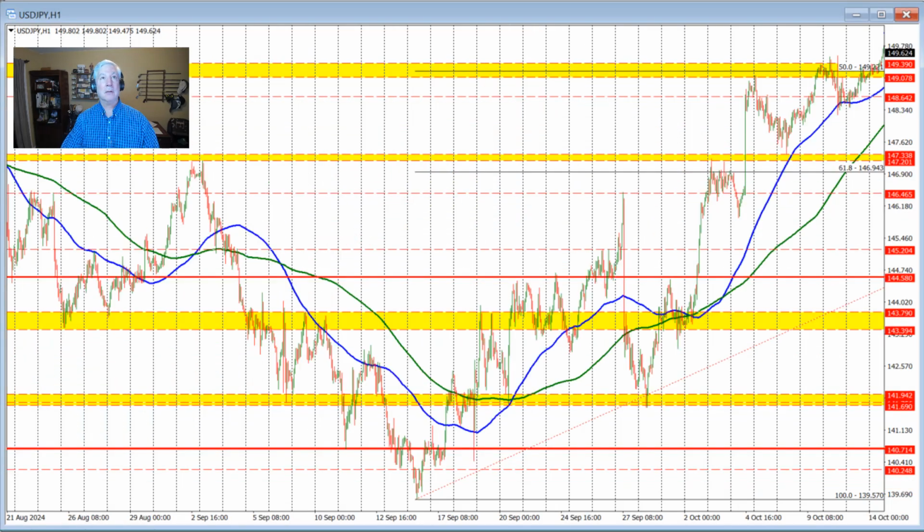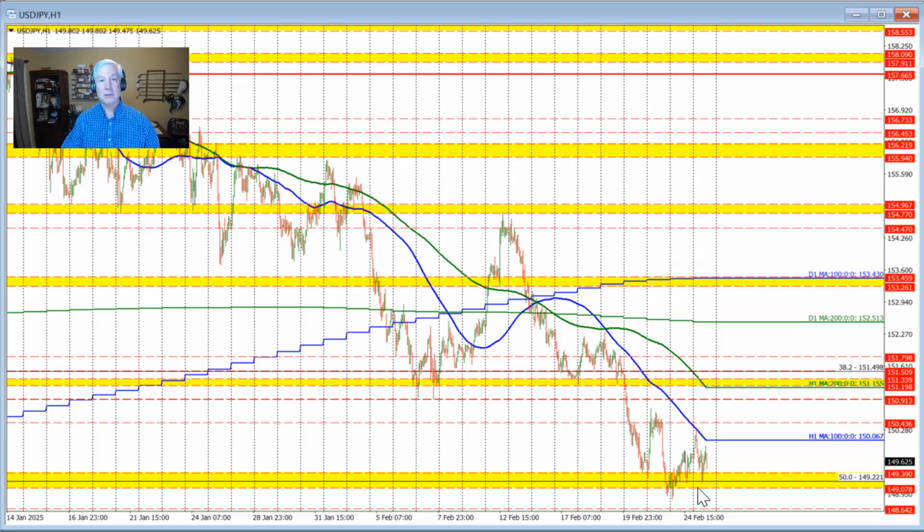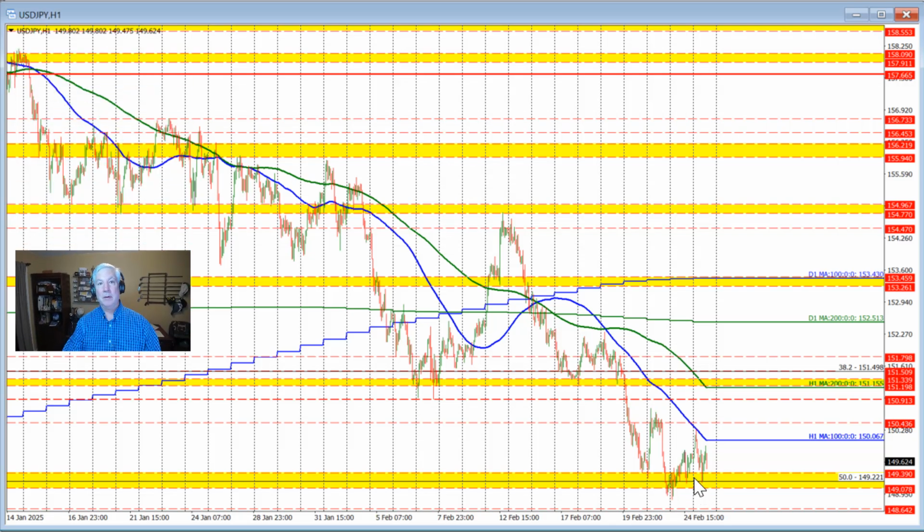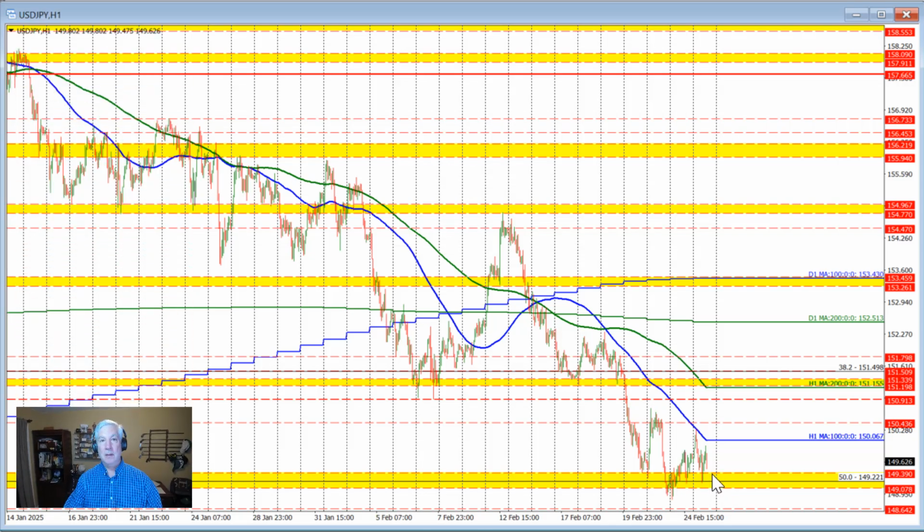I can take a look at that by taking a look at the hourly chart. And here's that 149.22, that 50% retracement. We held it yesterday, held it here. We also held within the swing area. So that's good news. Now, what is not good news for the buyers is that the price did hold resistance